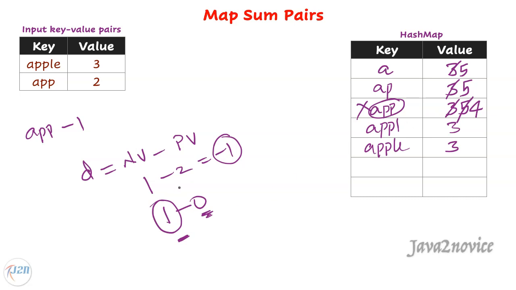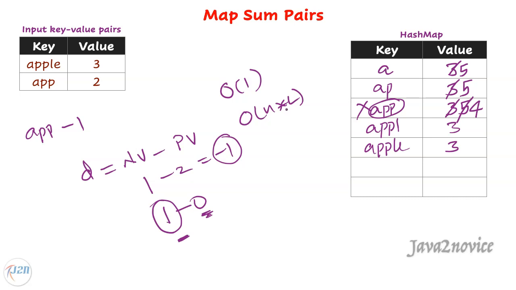Hope you understood. Anytime we call the sum function with a prefix, since we are ready with all possible prefix combinations here, it is constant time complexity to return the sum back. So for the sum function, it is order of 1 time complexity. But insert is again order of n multiplied by length of prefix. We have improved the sum function but not much improvement with the insert function.